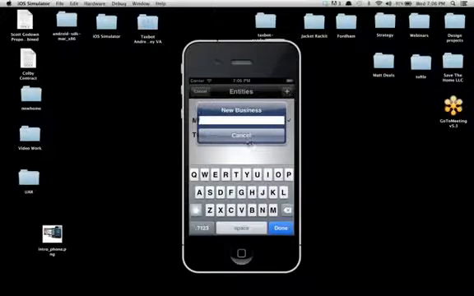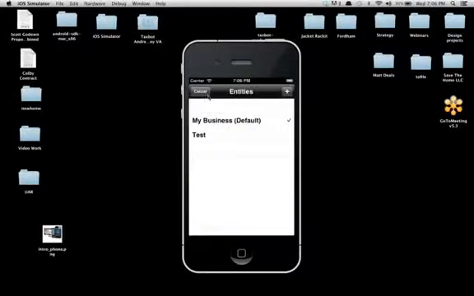category up here. Now, you can track multiple businesses and multiple vehicles. So you'll have a default one set here, but if you have other ones installed or activated, you can click My Business and you can pick the test categories. If you want to add a new business, click up here and just enter the new business's name or the